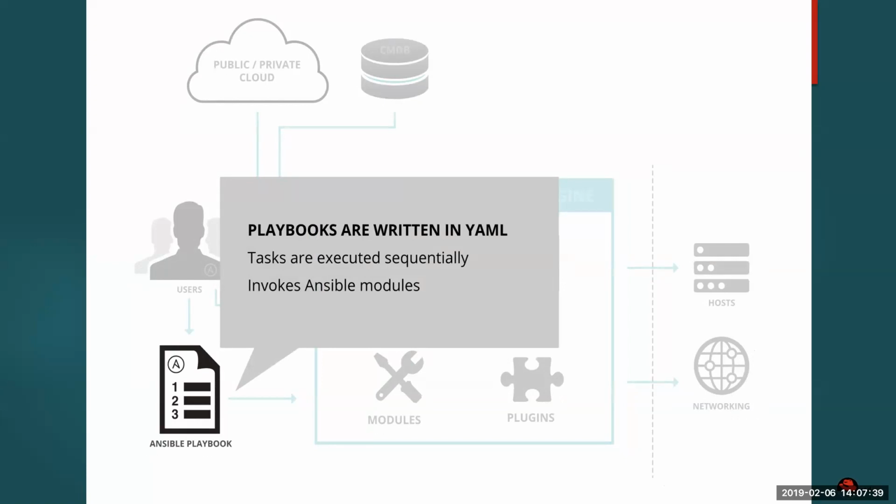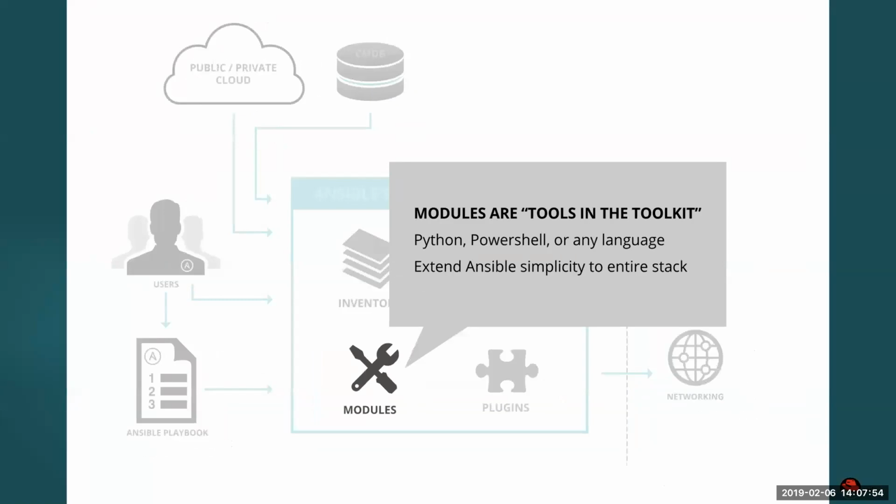So playbooks, like it's mentioned over here, are written in YAML. They consist of a bunch of things, which include tasks. We're going to take a better look at playbooks in the eventual slides itself, but this is as far as you need to know right now. Moving on, we have modules, which are essentially tools in the toolkit. What they mean by this is that